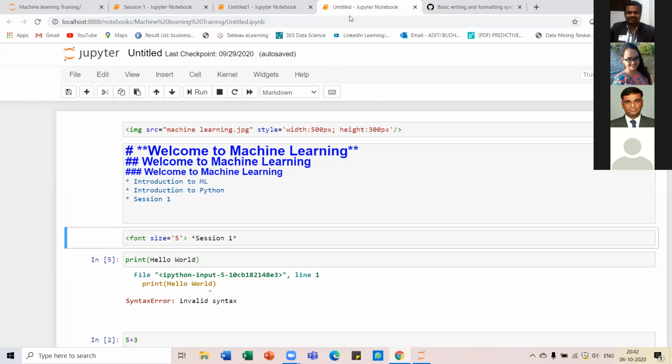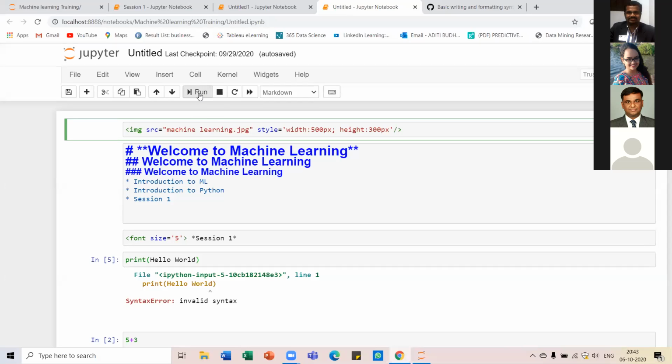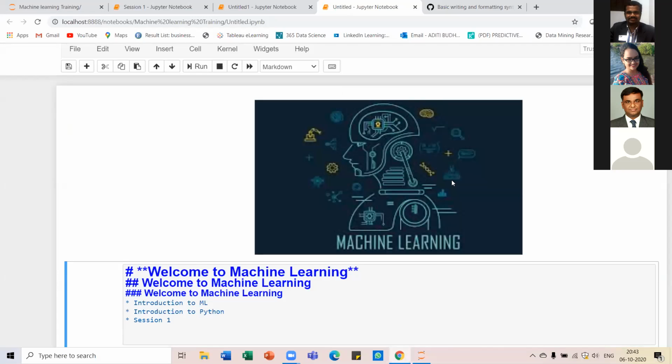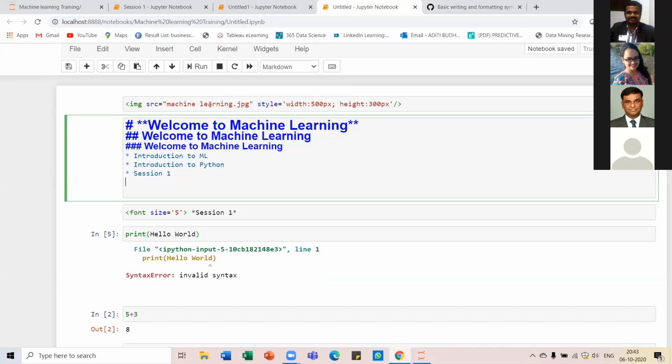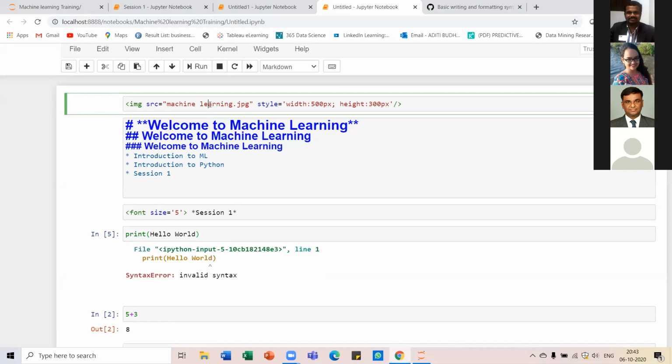Padmavati asks how to go back to the image code line once the picture is out. Aditi, once the picture is out, just double click over here. You will get back to the code. You got that, Padmavati? Perfect.